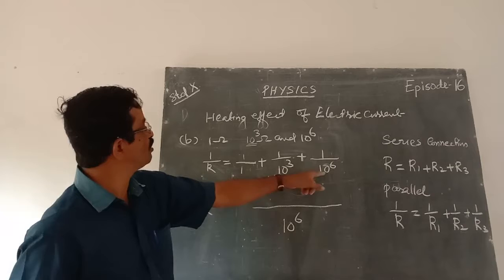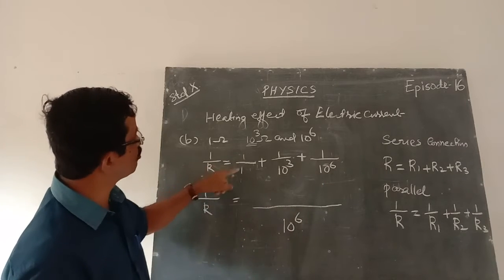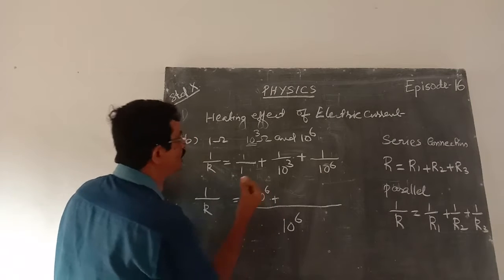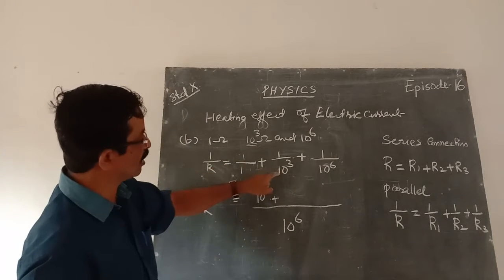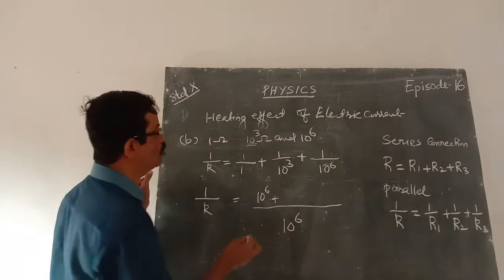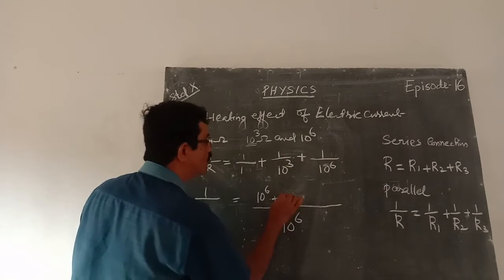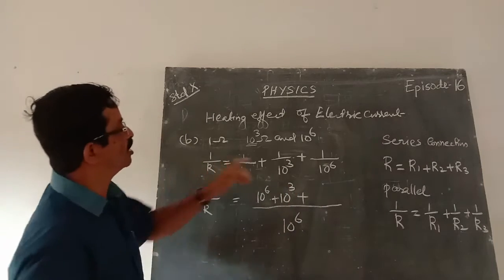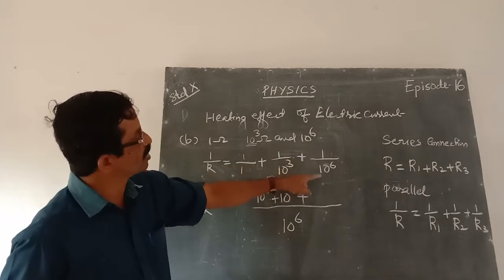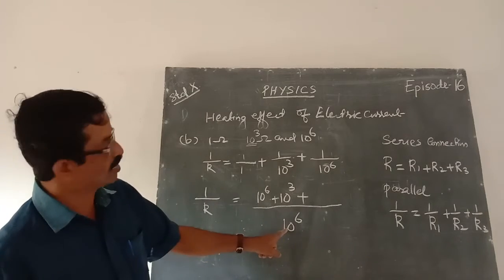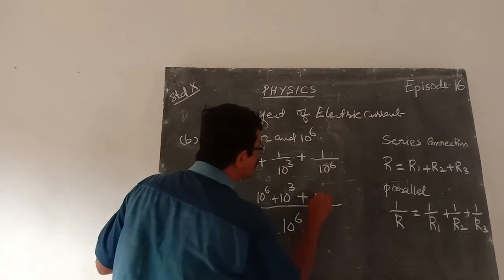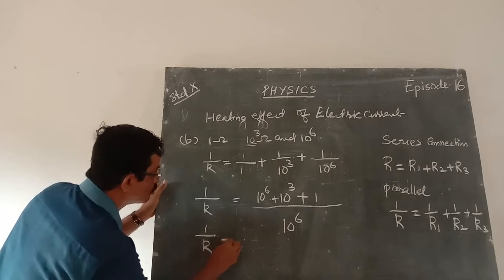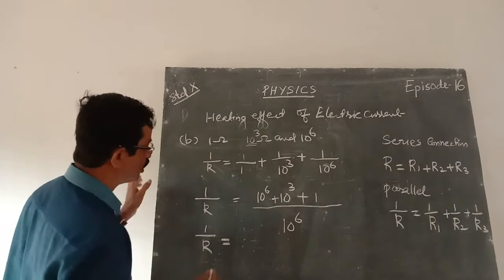Then we multiply each quantity with this LCM: 1 by 1 into 10 raised to 6 gives 10 to the power 6, plus 1 by 10 to the power 3 into 10 raised to 6, where 10 to the power 3 and 10 to the power 3 cancel, leaving 10 raised to 3, then 1 by 10 raised to 6 into the LCM 10 raised to 6, whose value is 1. So again 1 by R is equal to 10 raised to 6